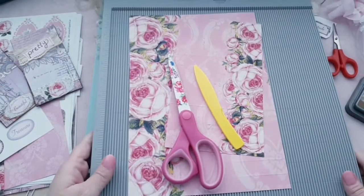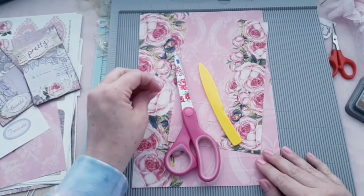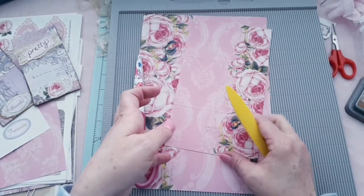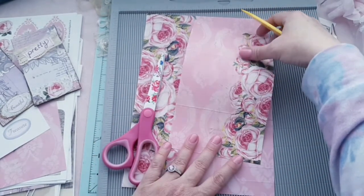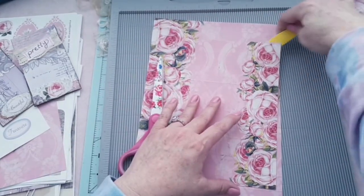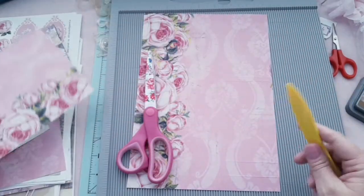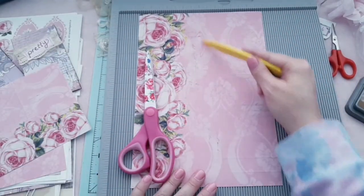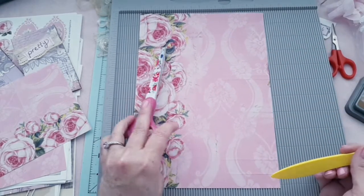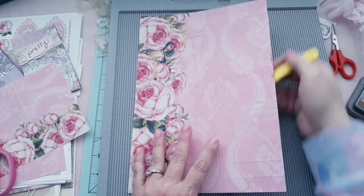Let's see. So this paper is from the paper line. All I did was make it bigger and print it out on matte photo paper. So here's the regular size rose that I'll be using for the pocket. And then here's the one that I've made bigger, and I'm going to use this side right here. So this is just regular size paper, and